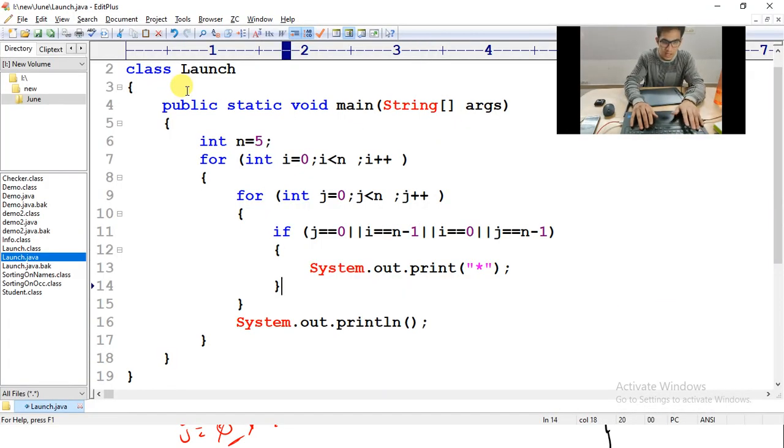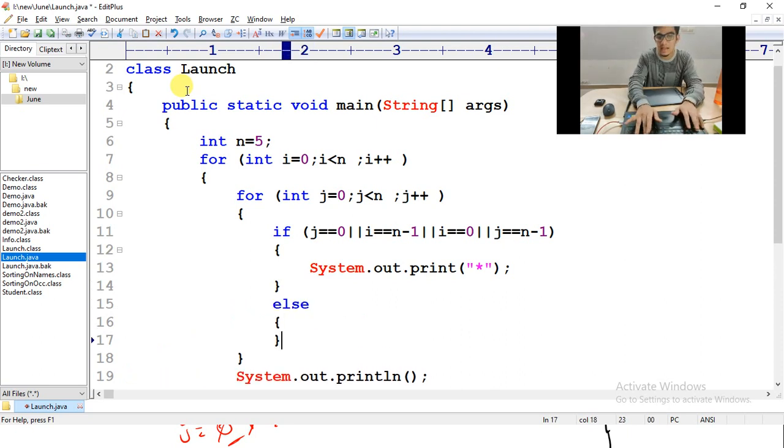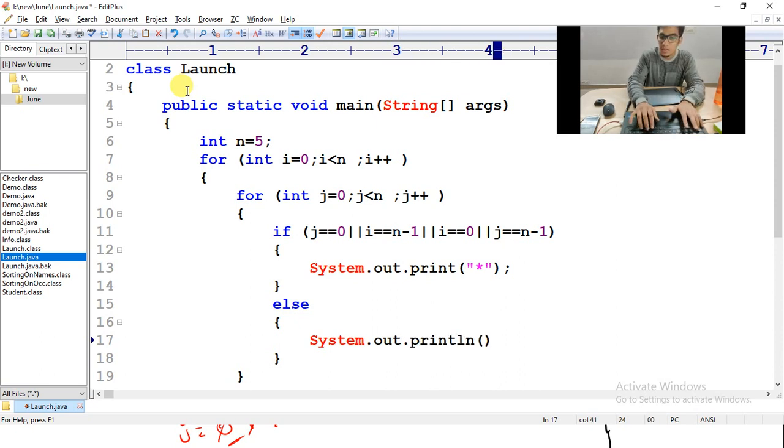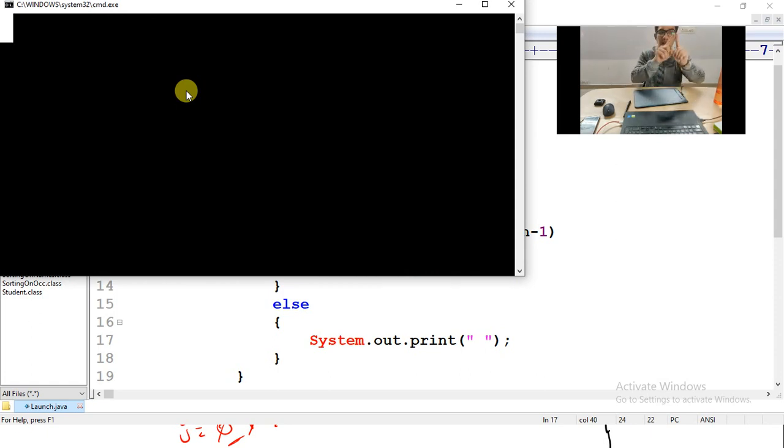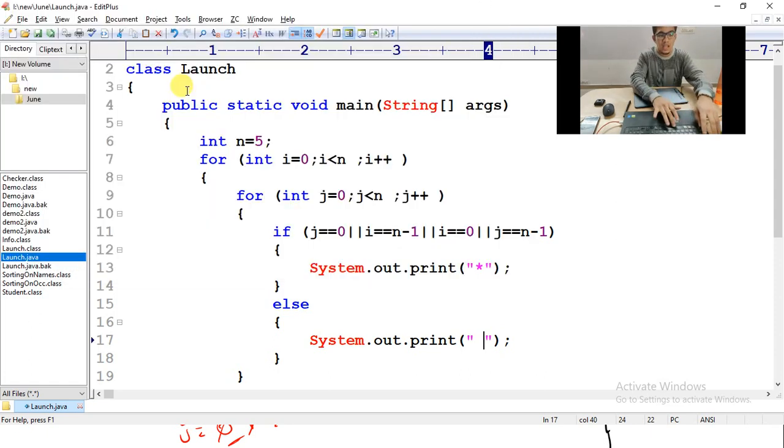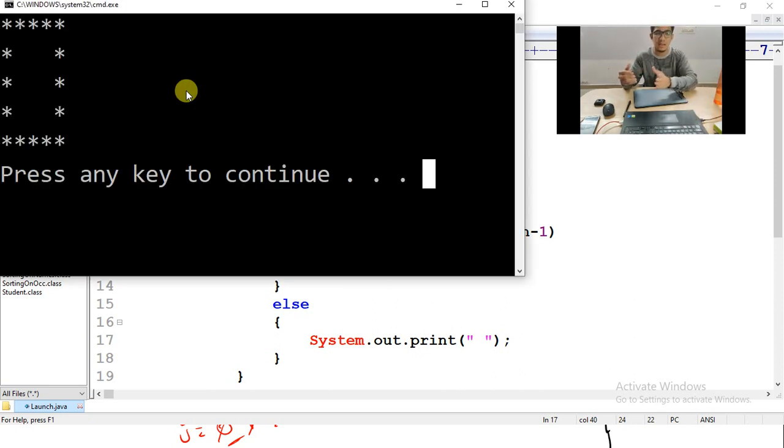If it is the 4 lines, you print star. For this, there is one else. What do I have to tell in the else part? System.out.print, print a space. Now remember one thing, don't write println, because I have told you, inside the j loop it is always print. This print statement is still inside the j loop only. So don't give an empty string here, give one space. And now our code is complete. If it is those 4 lines, print star. If it is not those 4 lines, else part, print space. So this is the program to print.